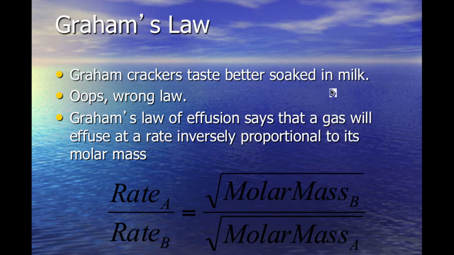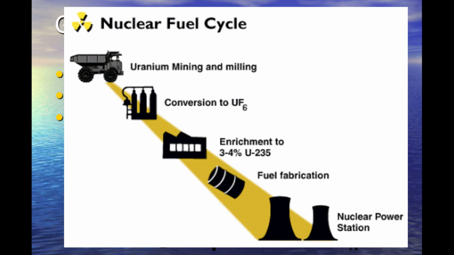It's also helpful when you're trying to enrich uranium. Uranium comes in two flavors, 238 and 235, and we need only uranium-235 to make an atomic bomb. So how do you get rid of all the uranium-238? How do you make sure that it's the good stuff? Well, you let the isotopes turn into a gas, so we turn it into uranium hexafluoride, which is a gas, and then you let it diffuse. And as it diffuses